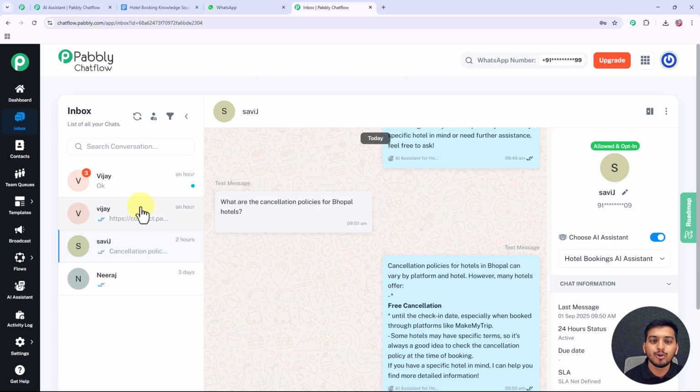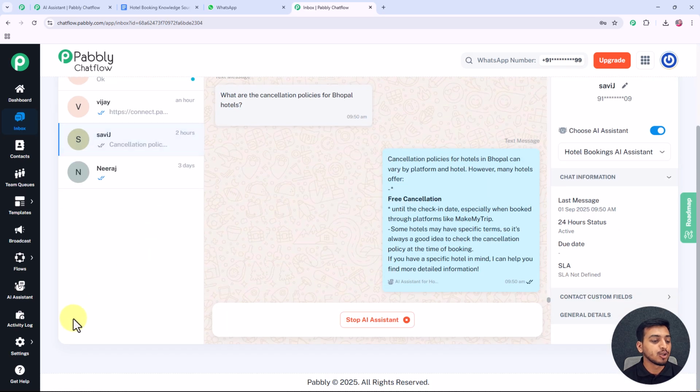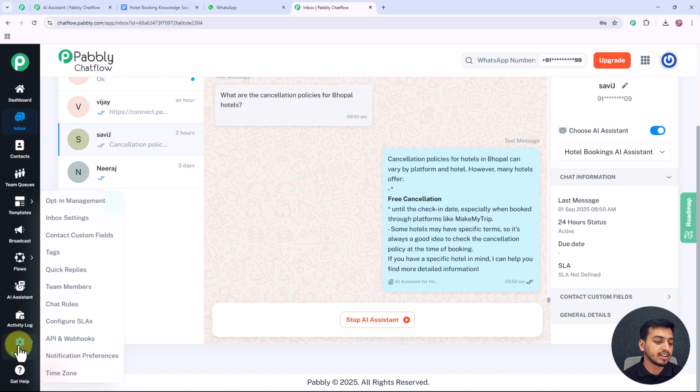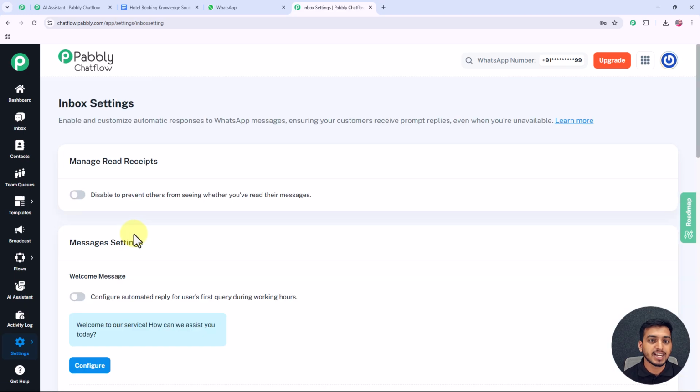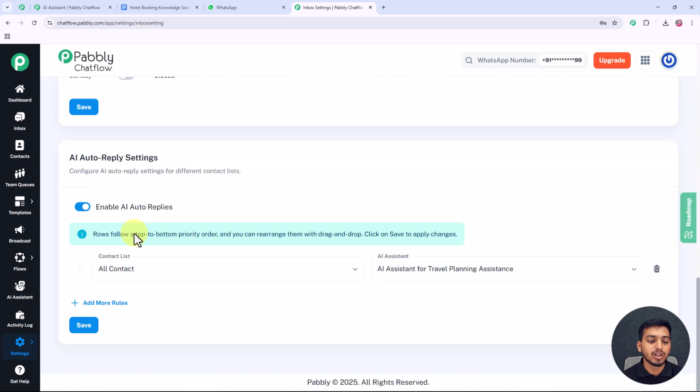And now I know that you must be wondering if you are required to manually turn on this AI assistant for all of your contacts, then trust me, that is not the case. You can also turn on this AI assistant for all your contacts at once. And to do that, you just have to go to this setting option given right on this left side here, and after that you have to click on this inbox setting, and when you are inside this you have to scroll down to the very bottom,